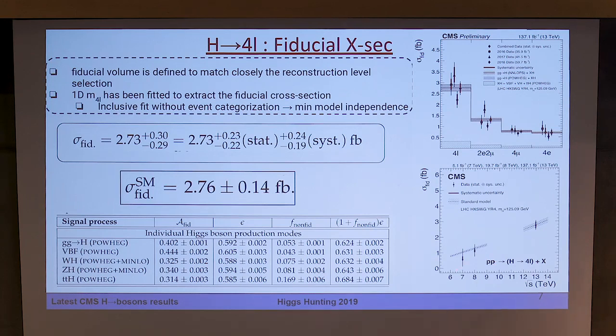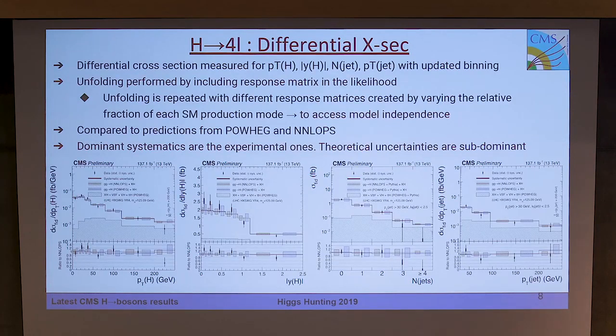And this is the cross section for various center of mass energies. So in run 1 with 7 TeV, 8 TeV, and also at 13 TeV, and they are also matching within the errors with the standard model. So now with the differential cross section, we have measured the cross section with respect to the PT Higgs,